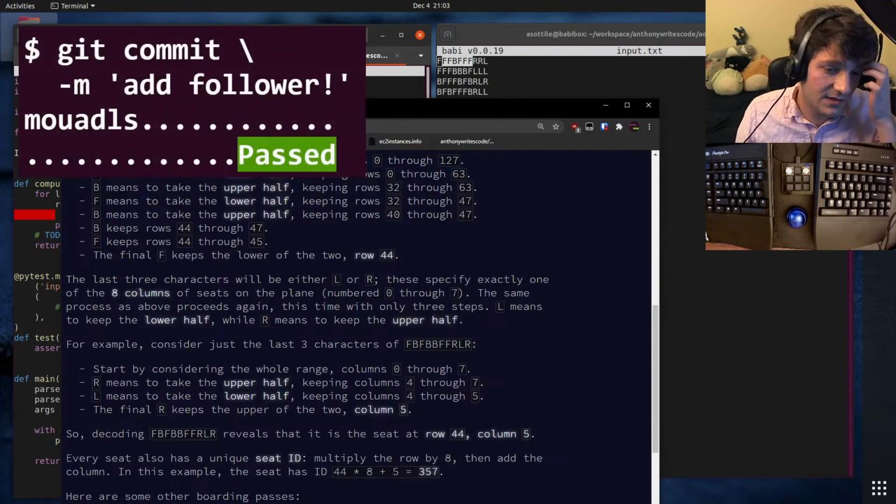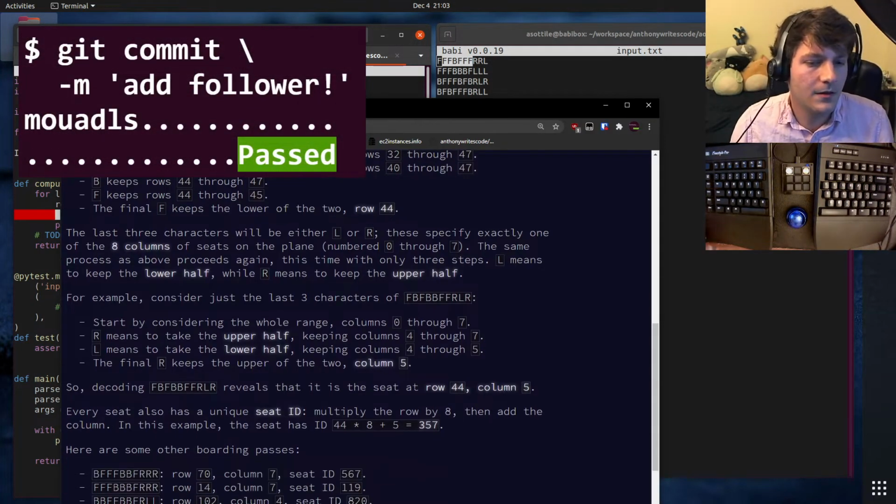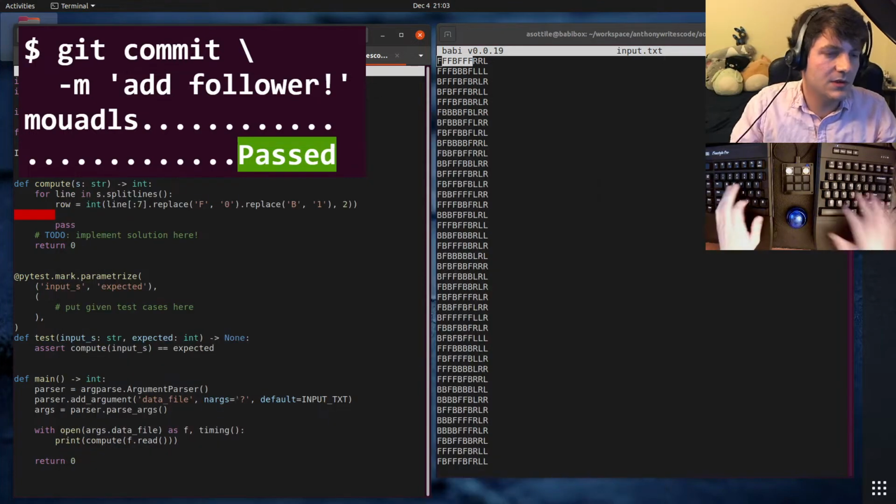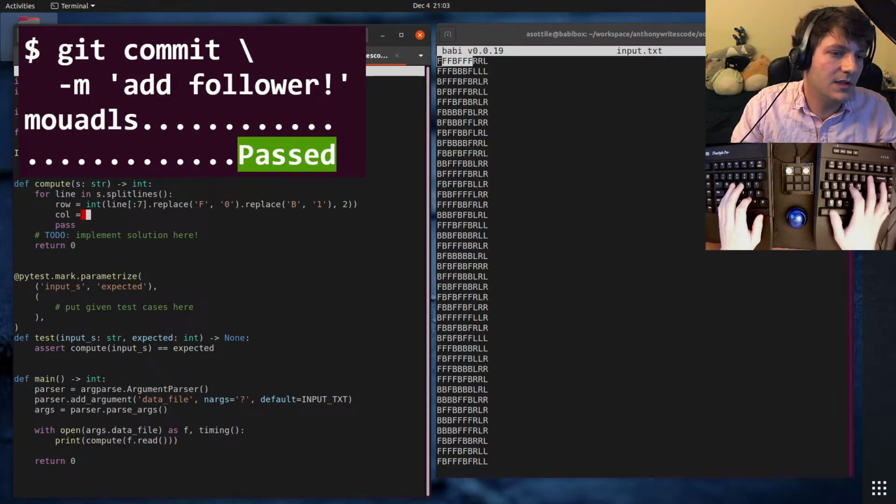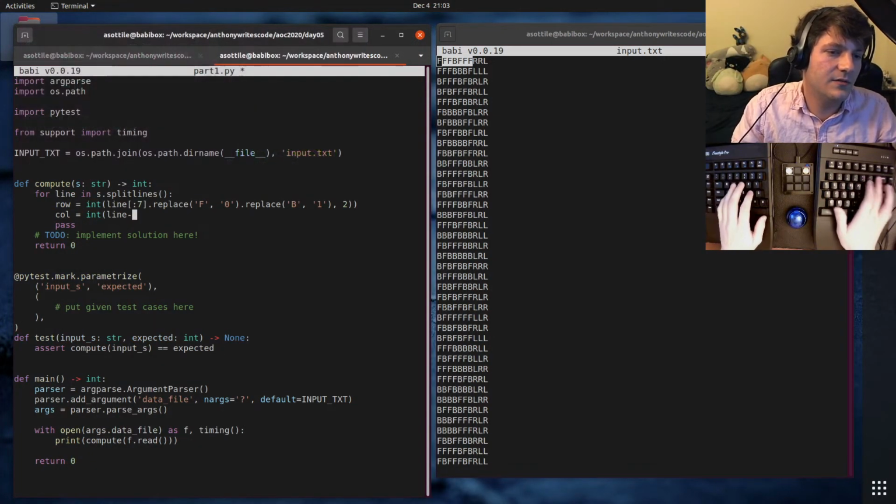And then what was it? The column is the second one. Column equals int(line[-3:]).replace